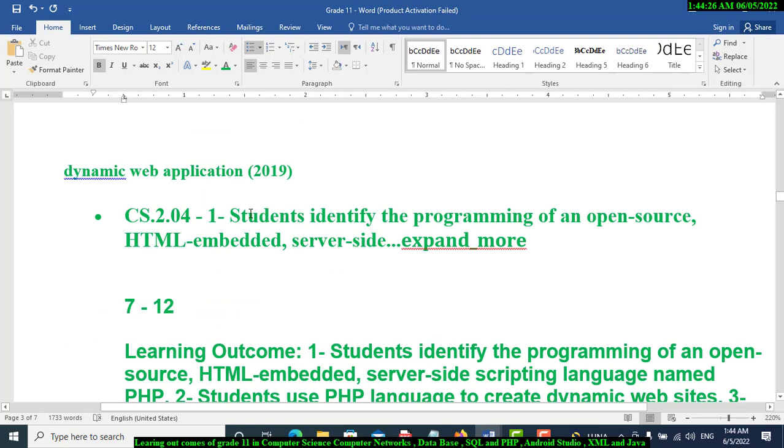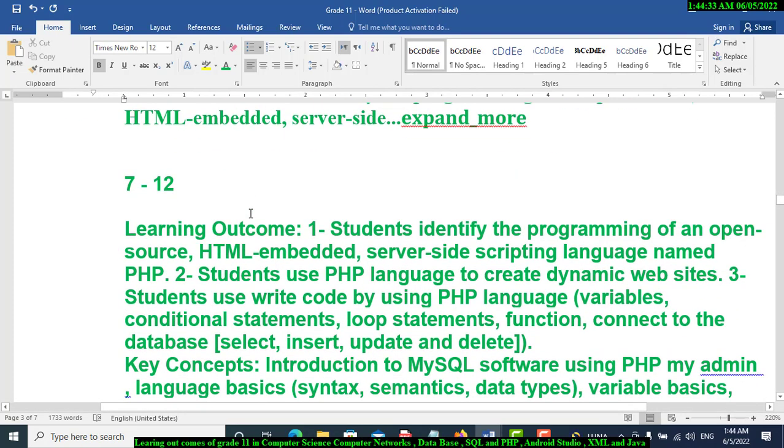The fourth learning outcome. Students identify the programming of an open source HTML embedded server-side scripting language named PHP. Students use PHP language to create dynamic websites. Students